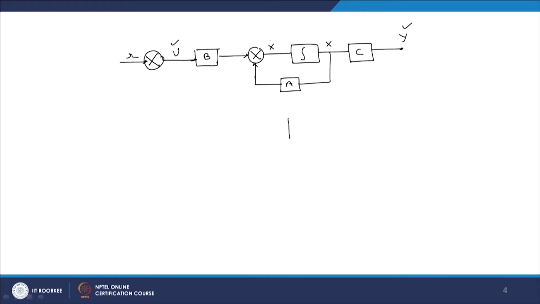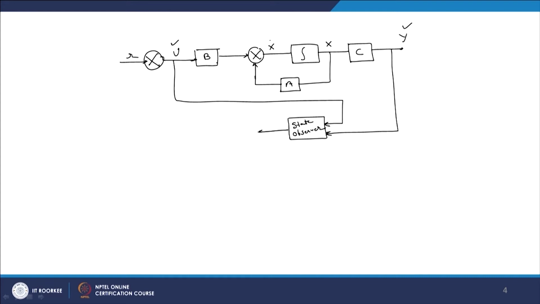Therefore, we are taking an observer that is called state observer, which estimates the states, and it depends upon the output and the input, so based on the information of input u and output y, here is the state